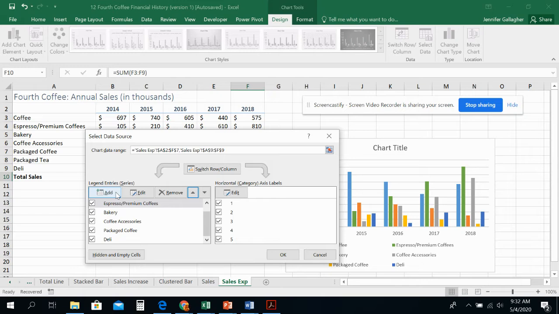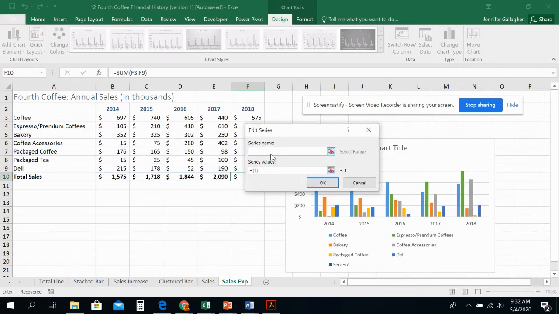So now I'm going to do the same thing again. I'm going to come over here and I'm going to click add. But this time I need to do it for A8, our new packaged tea. So series name is the packaged tea. You could type a name in if you wanted to. I could type packaged tea in here to the series name, but you know by now that if I change something over here, it'll change over here because it's a cell reference. So just like it did with A3 with coffee, when it was coffee and espresso, it changed over here to coffee